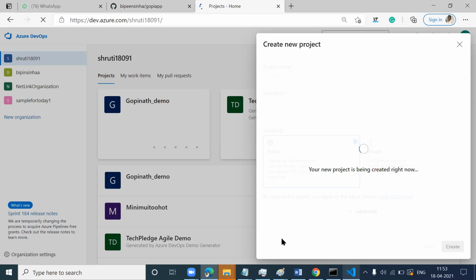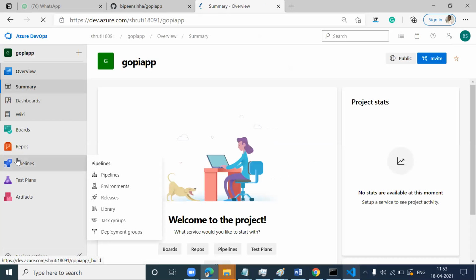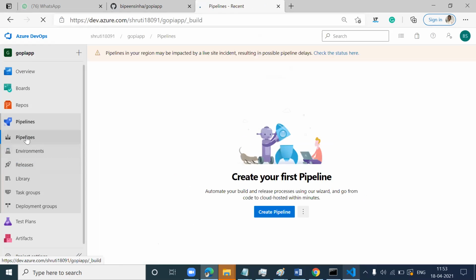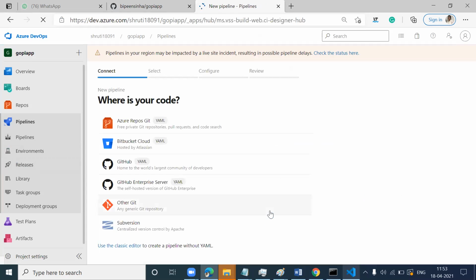Now you have to go to build pipeline first. Click create pipeline. Select GitHub.